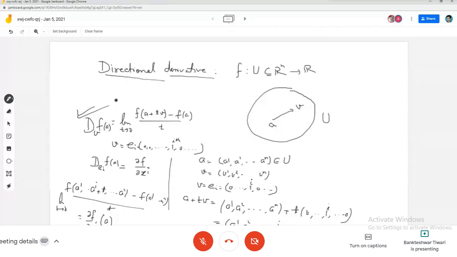But as I told yesterday, the main drawback of this directional derivative is that